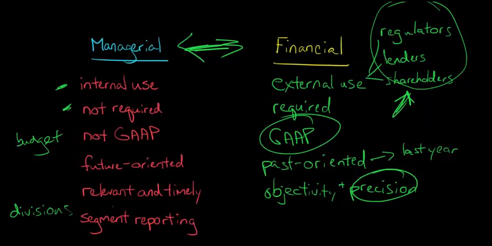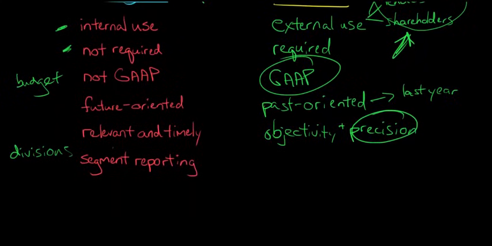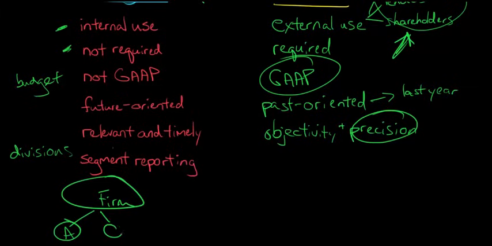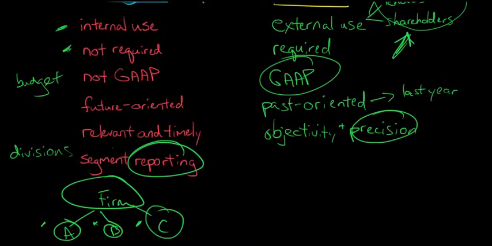And they can go ahead and report on a segment level. And they could say, okay, so let's say we've got the firm. And then we say, okay, over here's Division A, here's Division B, and here's Division C. We can come up with an income statement for each one of these. We have like a segment income statement for Division A, for Division B, Division C, and we can determine what costs we want to allocate to those divisions. We can think about all those things and report at the segment level.